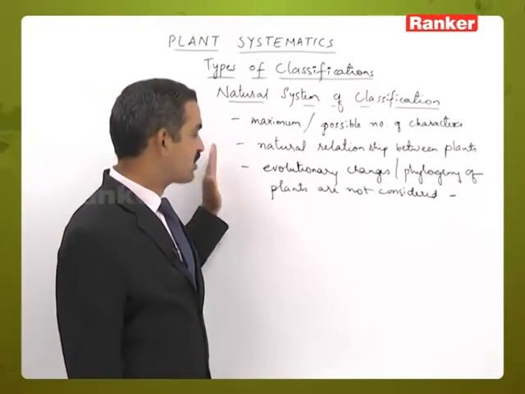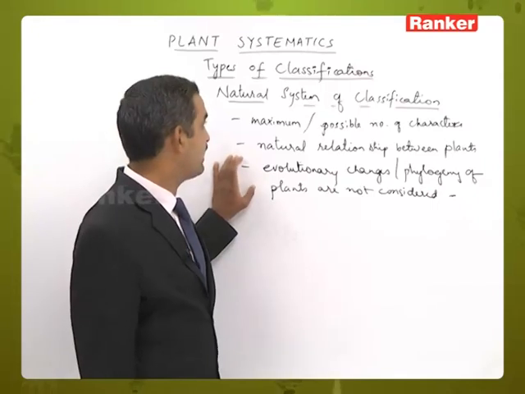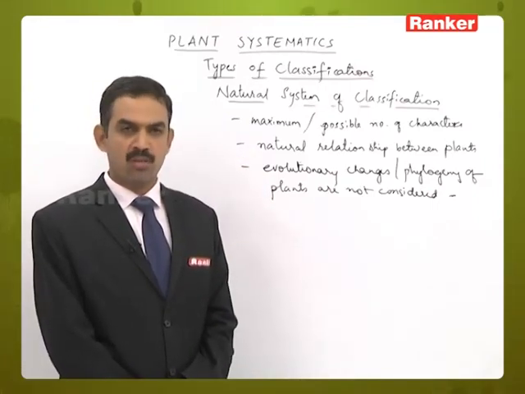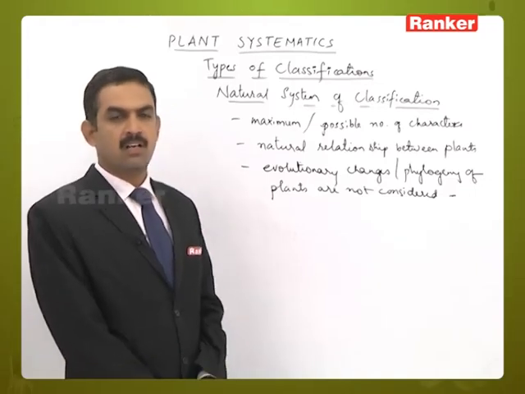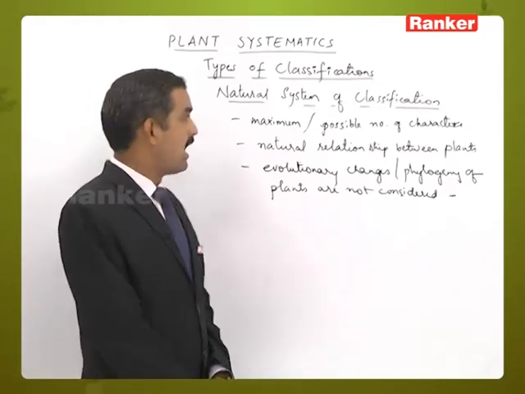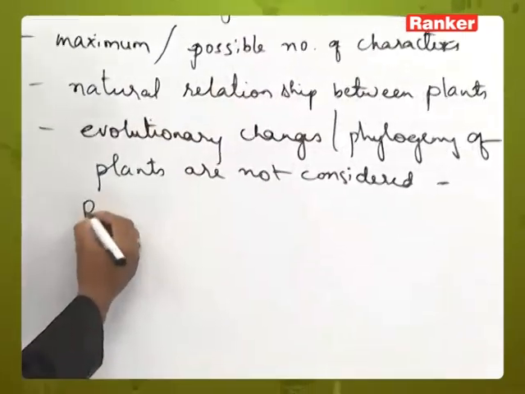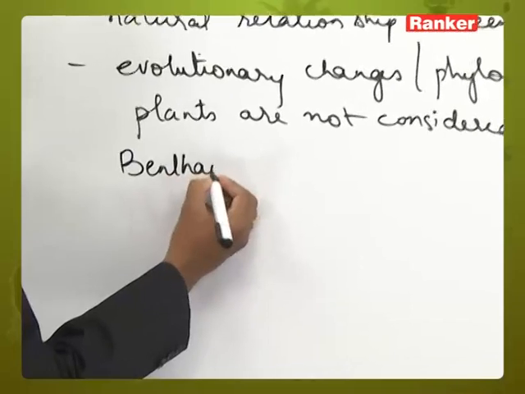So as this evolution changes or phylogeny of the plants are not considered in the natural system, it is not a more and more suitable or perfect or accurate system of classification. And of course here there are many scientists. So one is the classification given by Bentham and